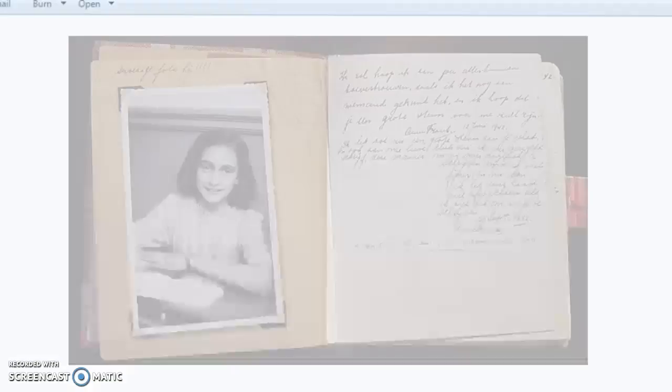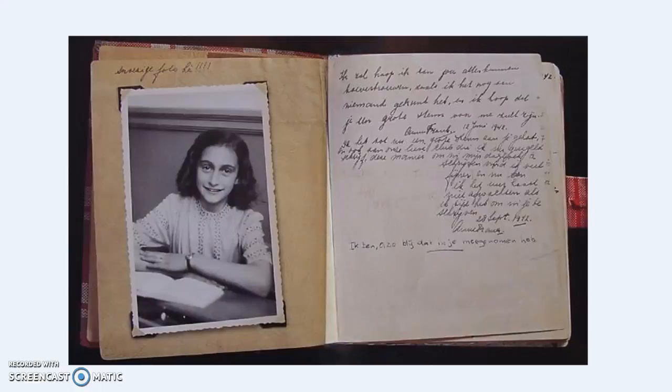And at the end of this, we'll wrap it all up in a pretty package, and we'll discuss how the book would have been different had someone else written it. What if her dad had written the diary? What would he have thought? What would he have said? What if her mom would have written it? What about the young man who stayed there? How would it have been different from his point of view?